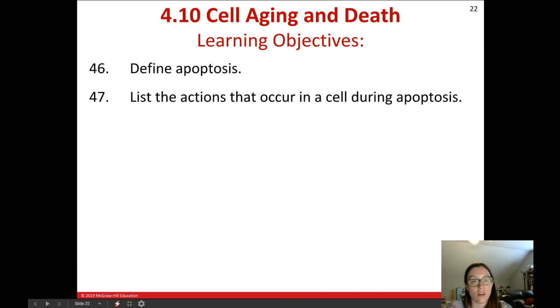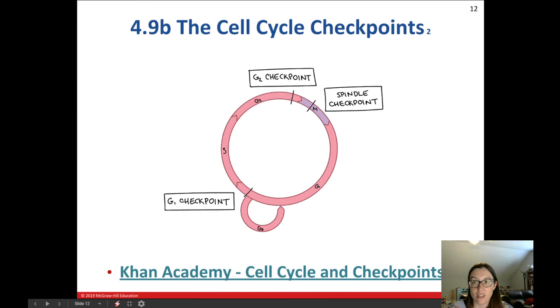Now, I did want to talk a little bit about cell aging and death after the cell has divided. We did say that if the cell doesn't pass these checkpoints, and we go back up to the checkpoints here, sometimes it can't pass them. Let's say the DNA was damaged during the S phase, somehow it didn't replicate properly,